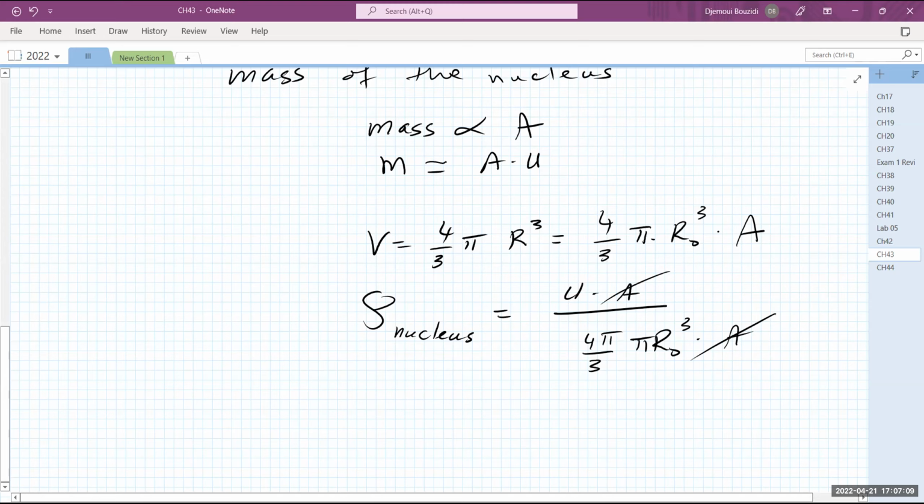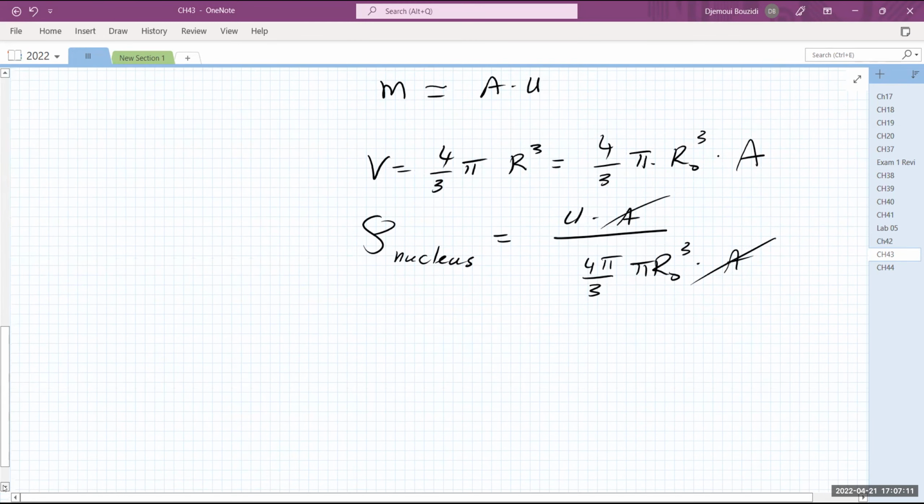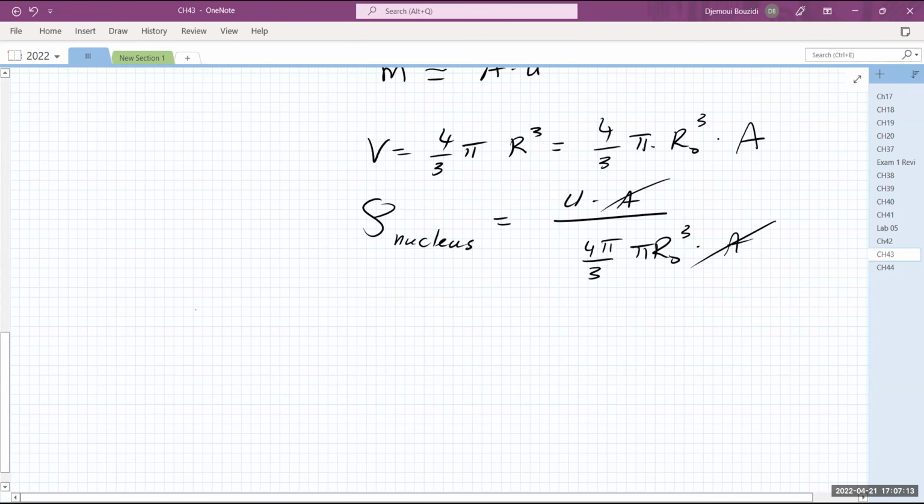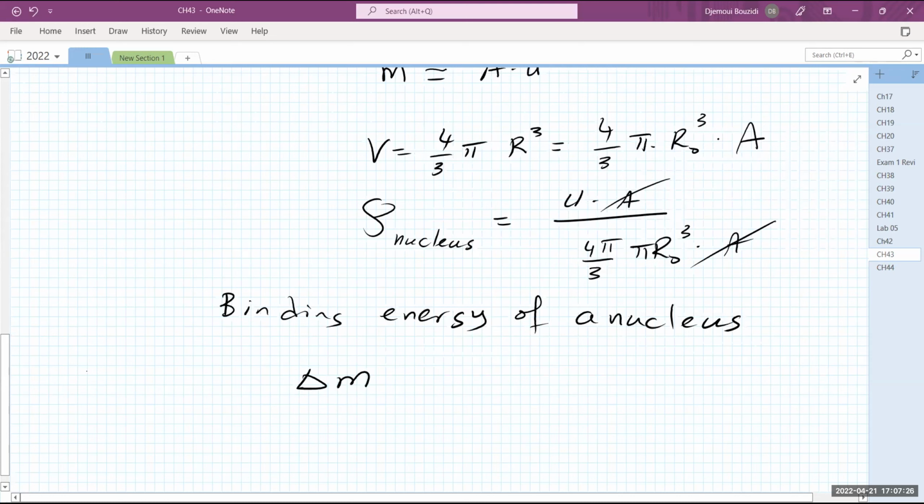So again, I was referring to the mass defect. I really need to define what that mass defect is, because I really need to find the binding energy of a nucleus. And it's exactly that difference in mass. So delta M, which is by definition the mass defect, is equal to the mass of the